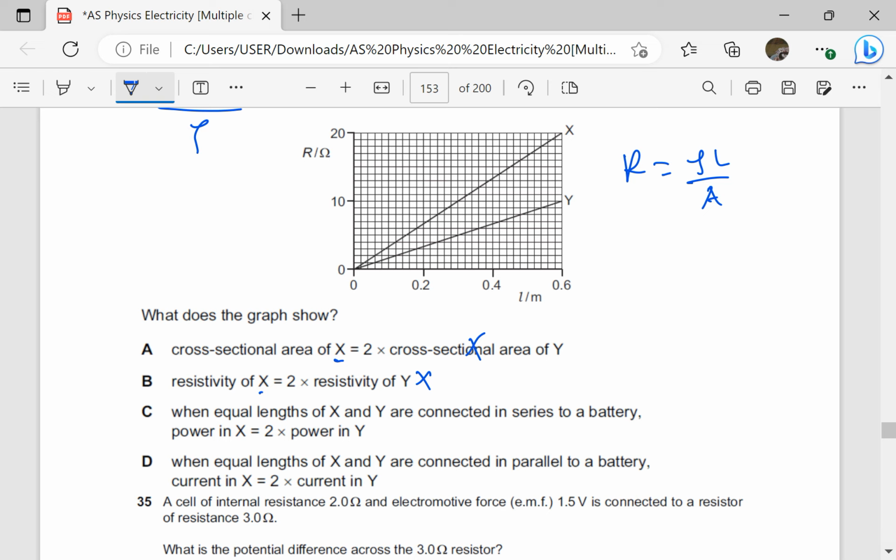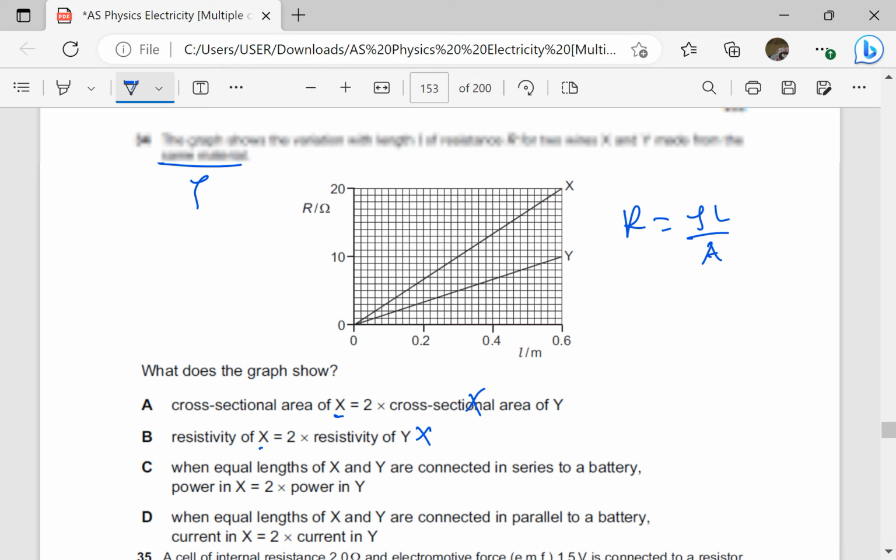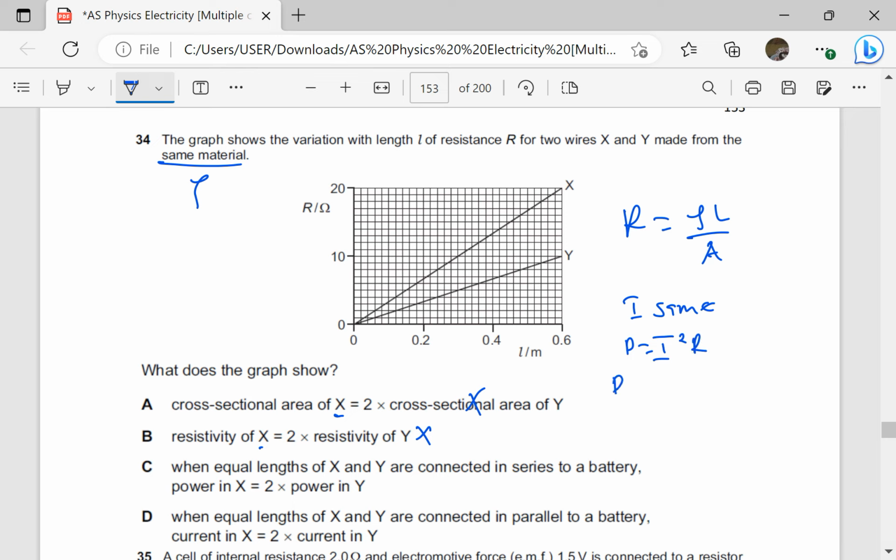When equal lengths of X and Y are connected in series to the battery, the power in X is equal to twice the power in Y. We can try to check that. If they're in series, I is the same. The current is the same, and we know that power is going to be I squared R. The power in X is going to be, the current is the same, I squared